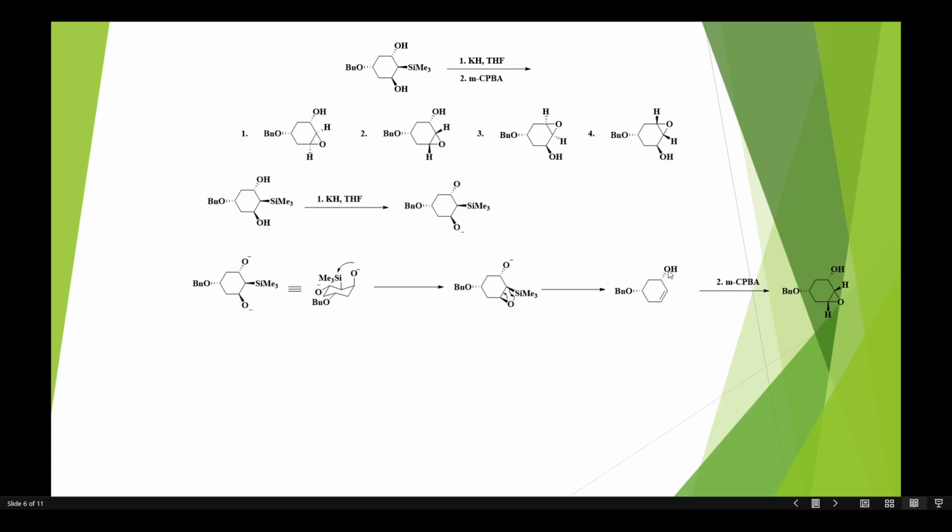Suppose instead of OH, you have an OR group, O-methyl group or some other O group, then you will get your epoxide from the other face, opposite to the OH face. With the hydroxy group, you will get the epoxidation from the same face of your hydroxy group because of hydrogen bonding